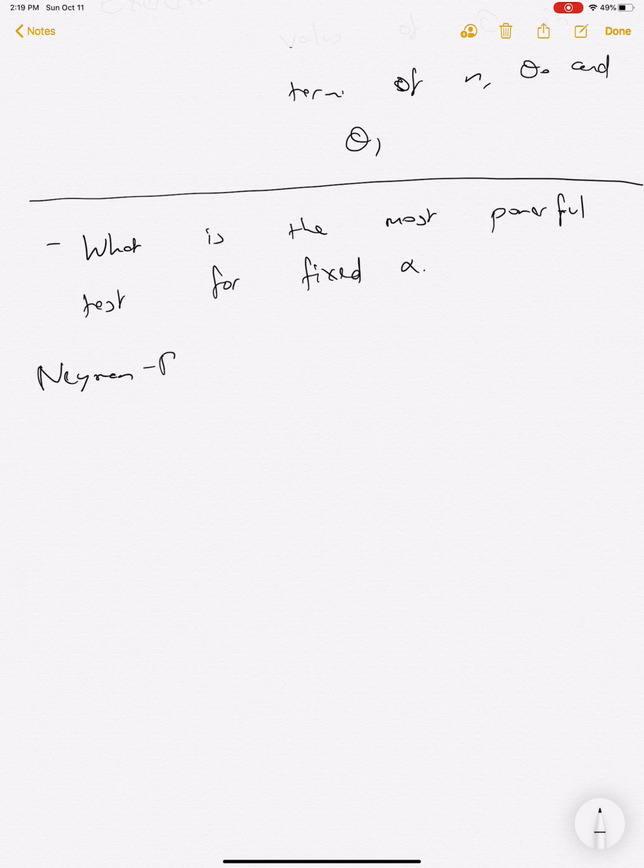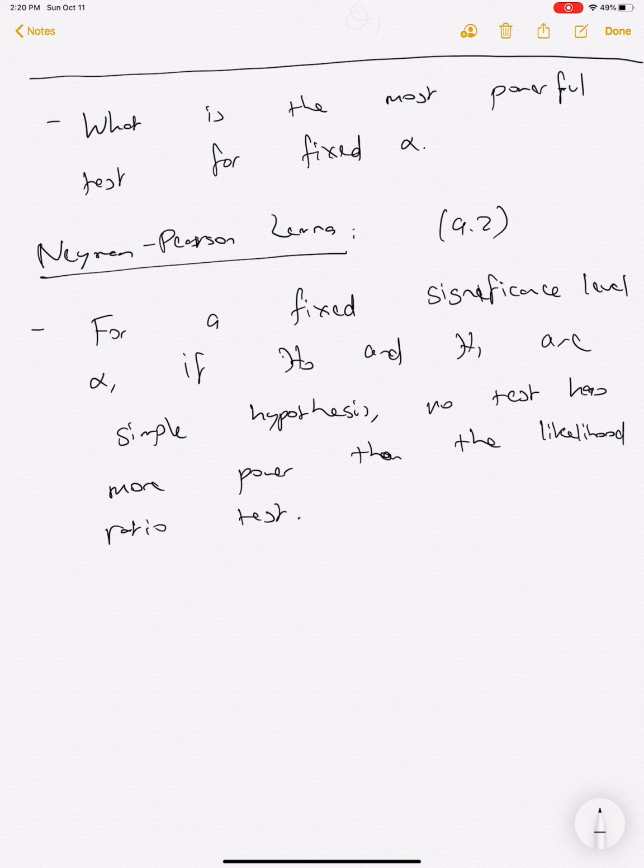us a general procedure to find a test for any kind of distributional scenario we can think of. And on top of that, we're actually saying that that likelihood ratio test is kind of the most powerful test you can come up with for a fixed alpha. So remember, just to spell things out a little bit more, that